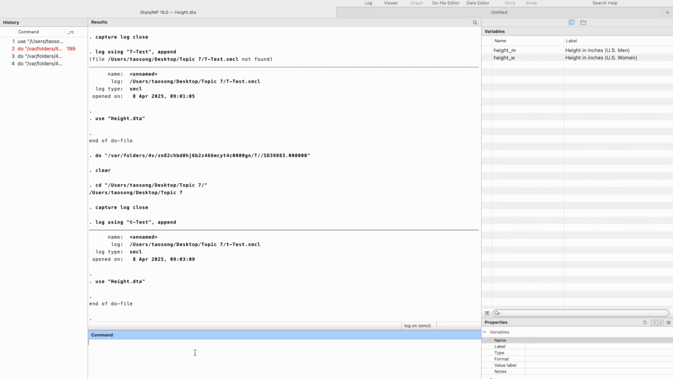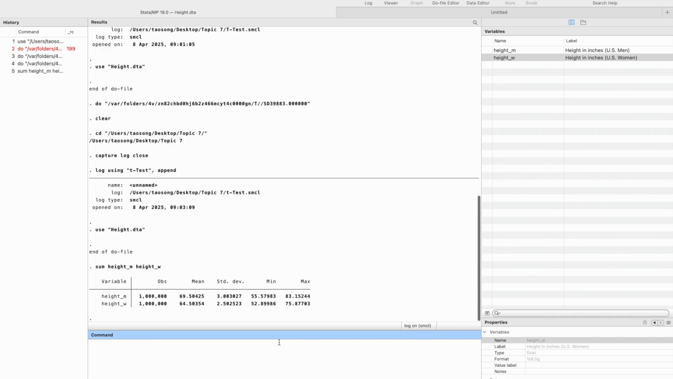First, we're just curious about the American men's height and American women's height in our sample, so I'm going to run a quick summary statistic. We have 1 million observations. The average height of men is about 69.5 inches, and the average height of women is about 64.5 inches. So on average, from our sample, men are about 5 inches taller than women. Then we have the min and the max. The tallest man is 83.15 inches. The tallest woman in our sample is